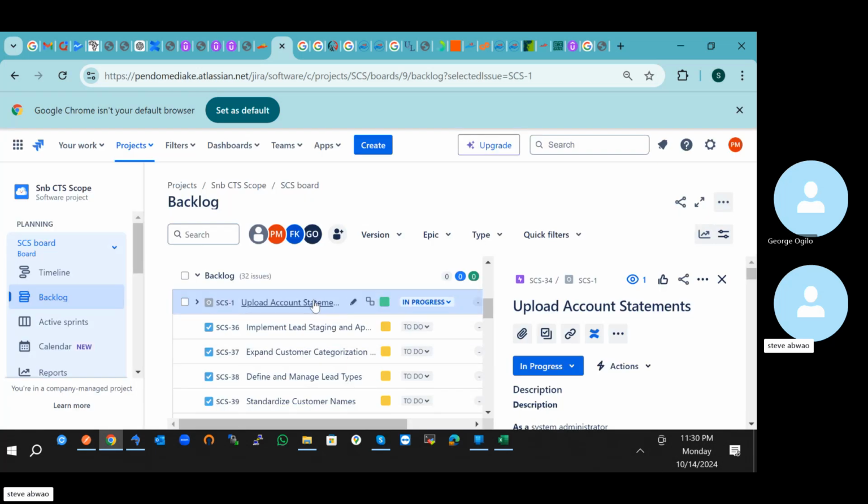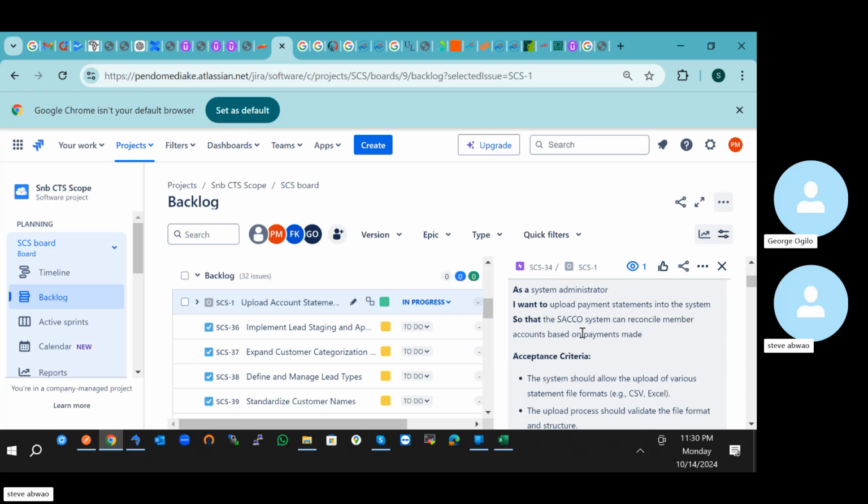So you see this upload account statement. Yes. We are starting with Mpesa, but it can be other accounts. It will even be bank account. We can even upload a bank account statement. Okay. Now what I want you to see here